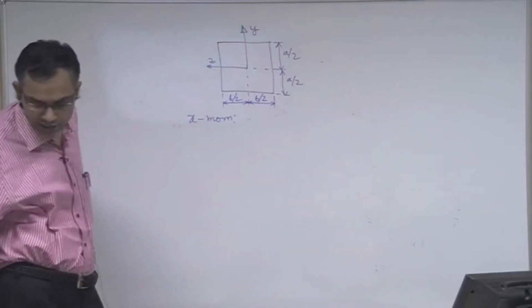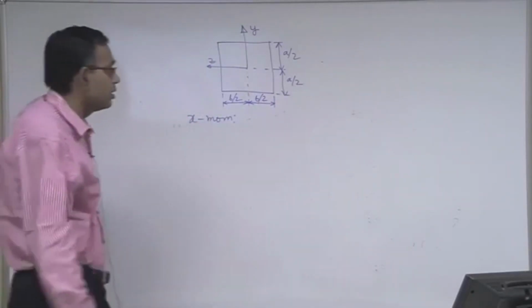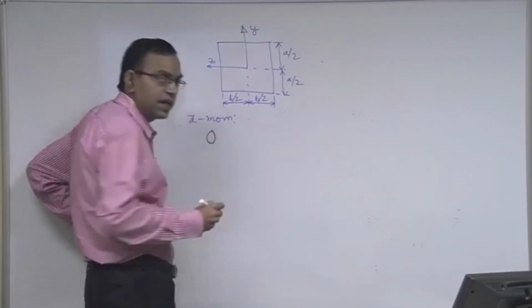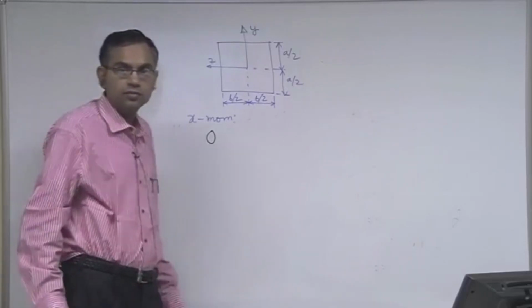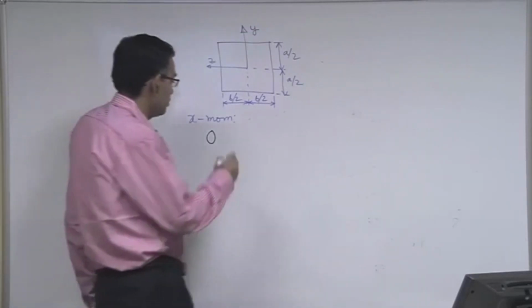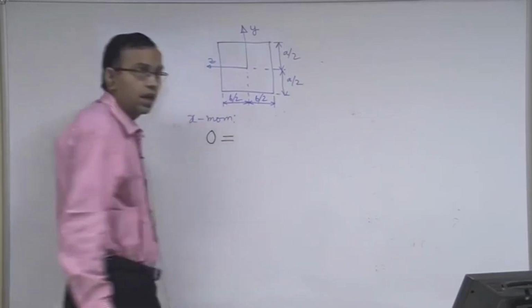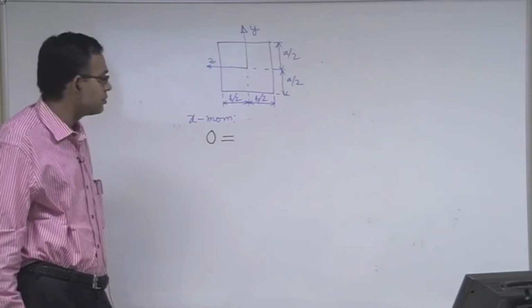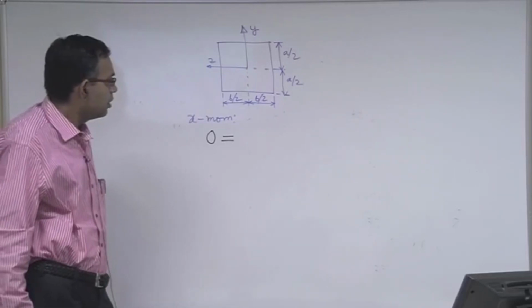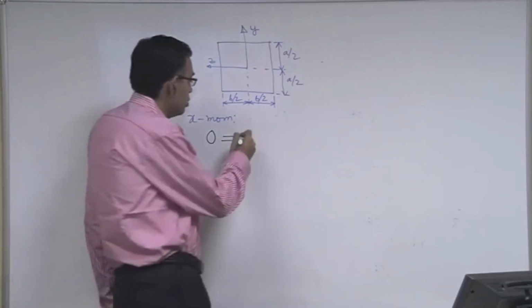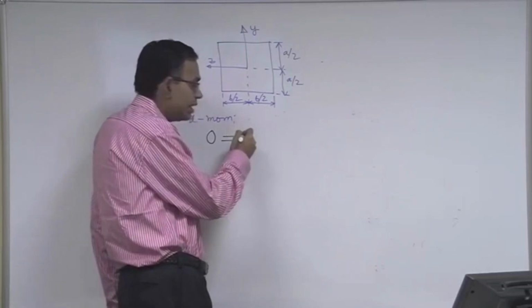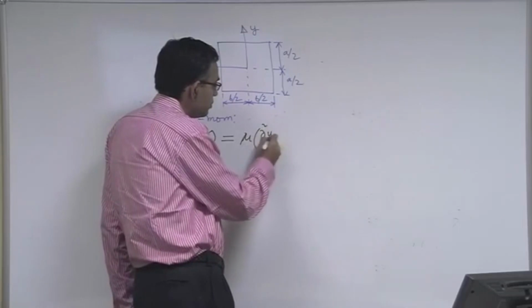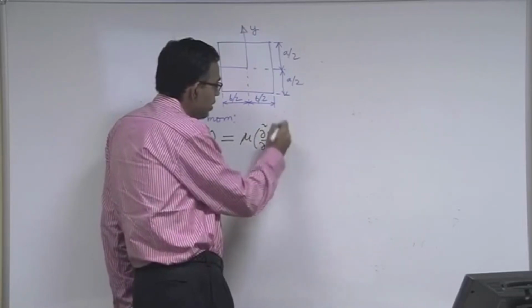Because it is steady and fully developed, the left hand side is 0. The right hand side, so let us write the viscous term. Now there will be